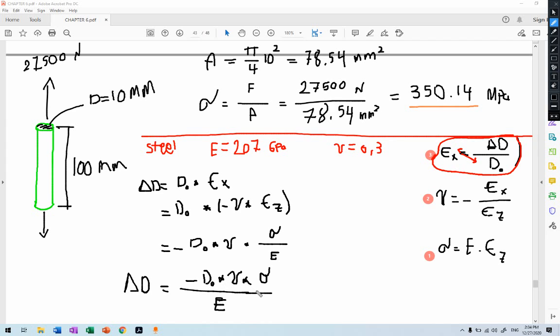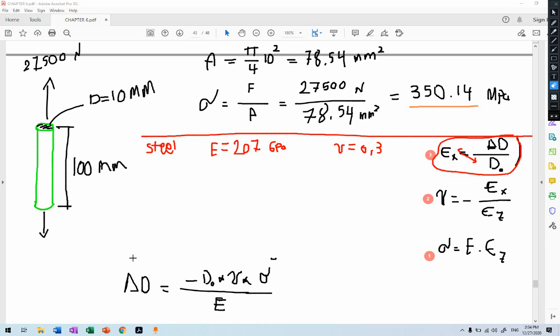So now we can just delete this part here and use the equation that we have. This rearrangement is no longer needed. We can simply write delta D for steel here. Just pay attention to the units that we have. It says minus 10, that's the diameter. Poisson ratio is 0.3. And stress, we found it here,